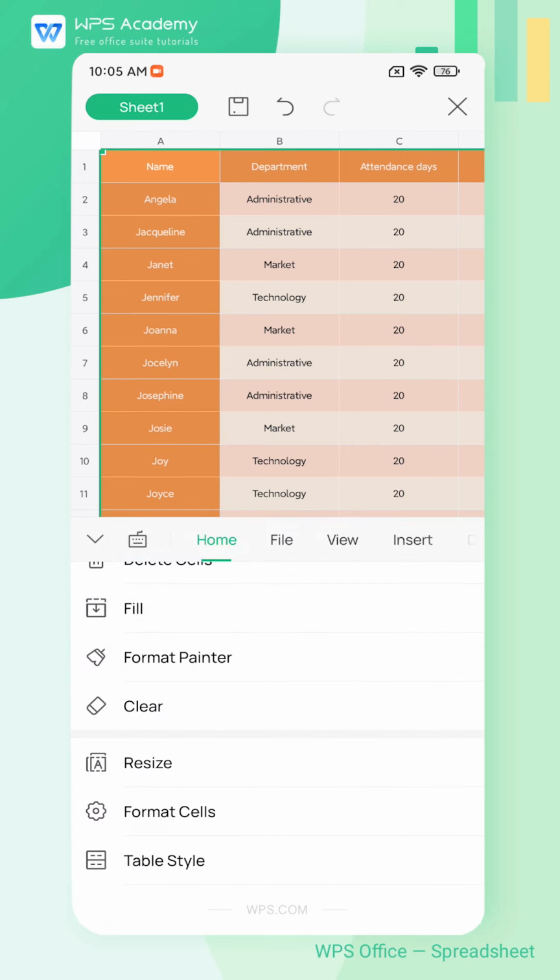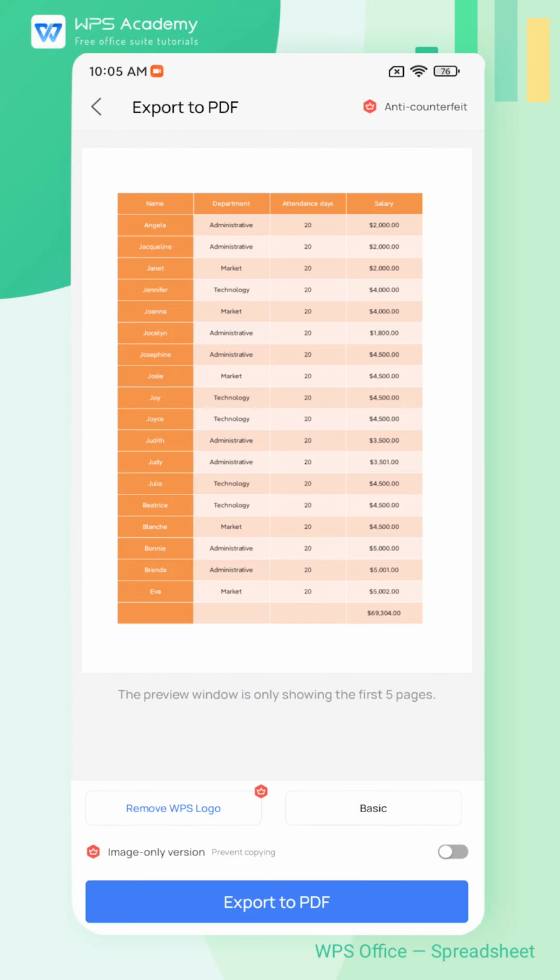Select Export to PDF once again. Now the table covers the whole page. After setting the table, we can edit the watermarks of the file. Tips: the average users could only export documents with a WPS logo, while more alternatives are available to premium users. For example, we can choose whether to remove the logo